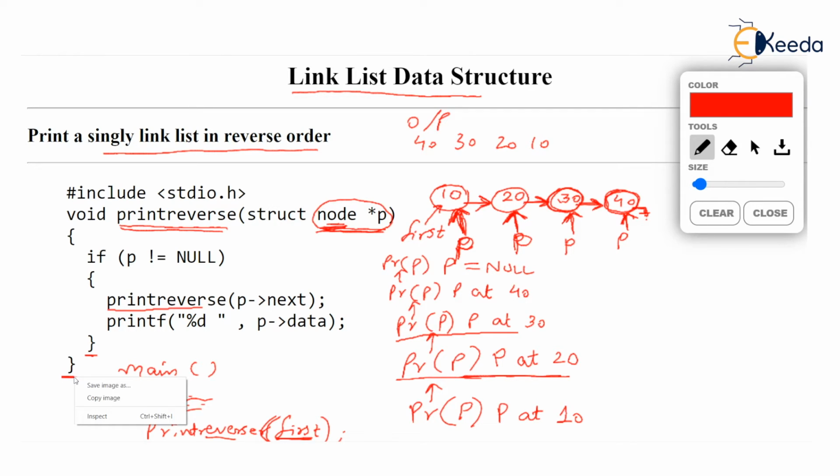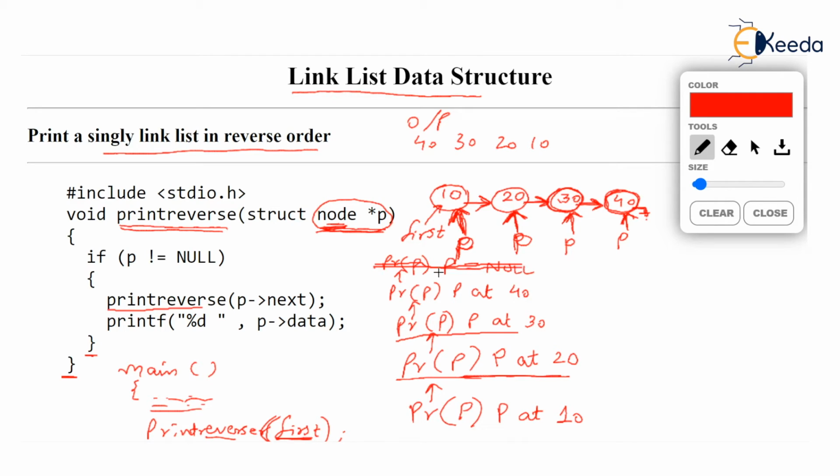What that means is the print reverse function, which was running, print reverse p with p equal to null, which was running has now finished. See that out of the 5 print reverse functions which were running, this print reverse where p is null is successful in ending. Isn't it so? So the fifth copy of the function has now got over.